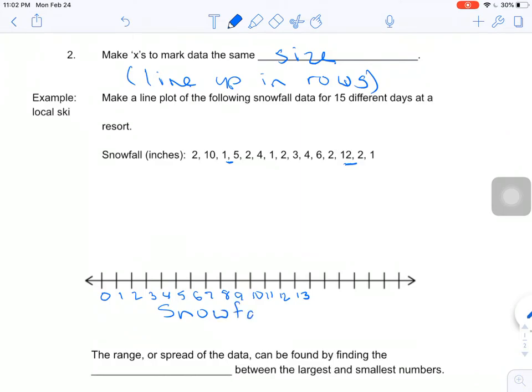You don't have to title it below. You could, if you really wanted to, put the title up here as well. But on a line plot, you'll see it both ways. So the next thing we're going to do is go through and start marking our